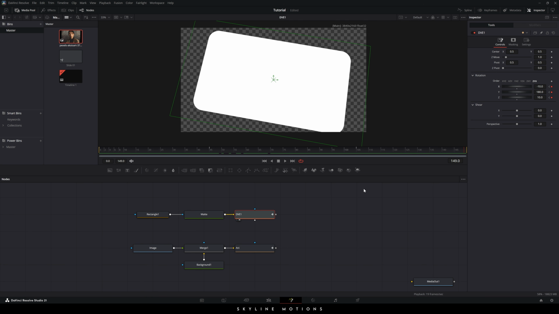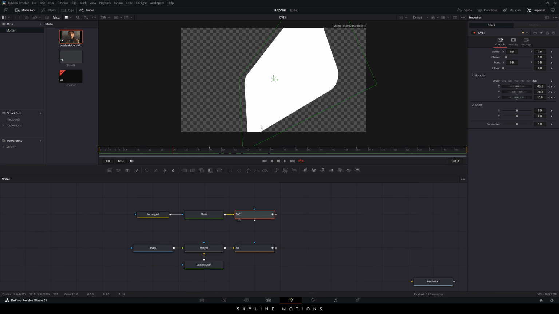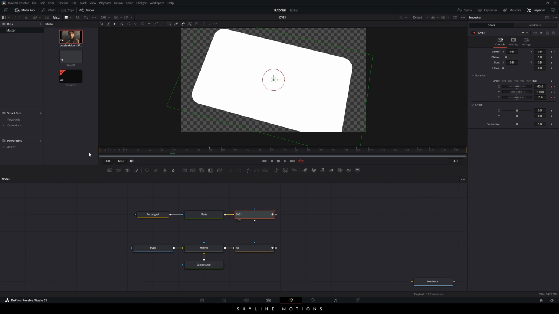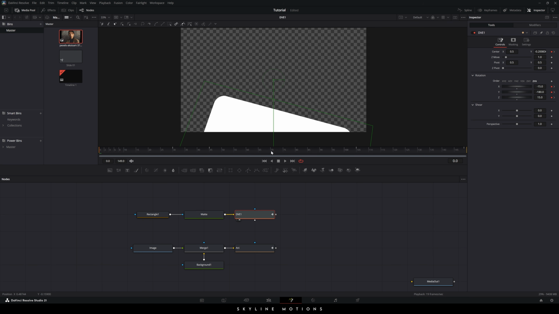Now we have to animate one more parameter, which is the center. So just go to frame number 30, which is equal to 1 second. Lock the center value as it is. Just go to the very first frame of this animation. Let's move it just a bit. And I'm going to set the value maybe